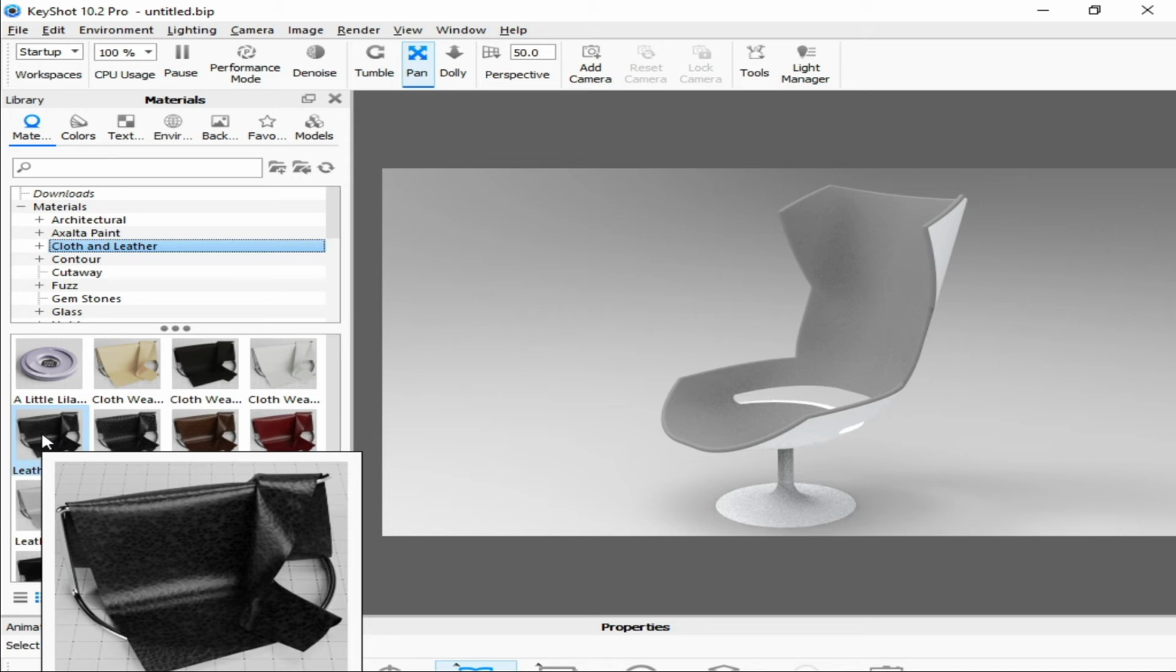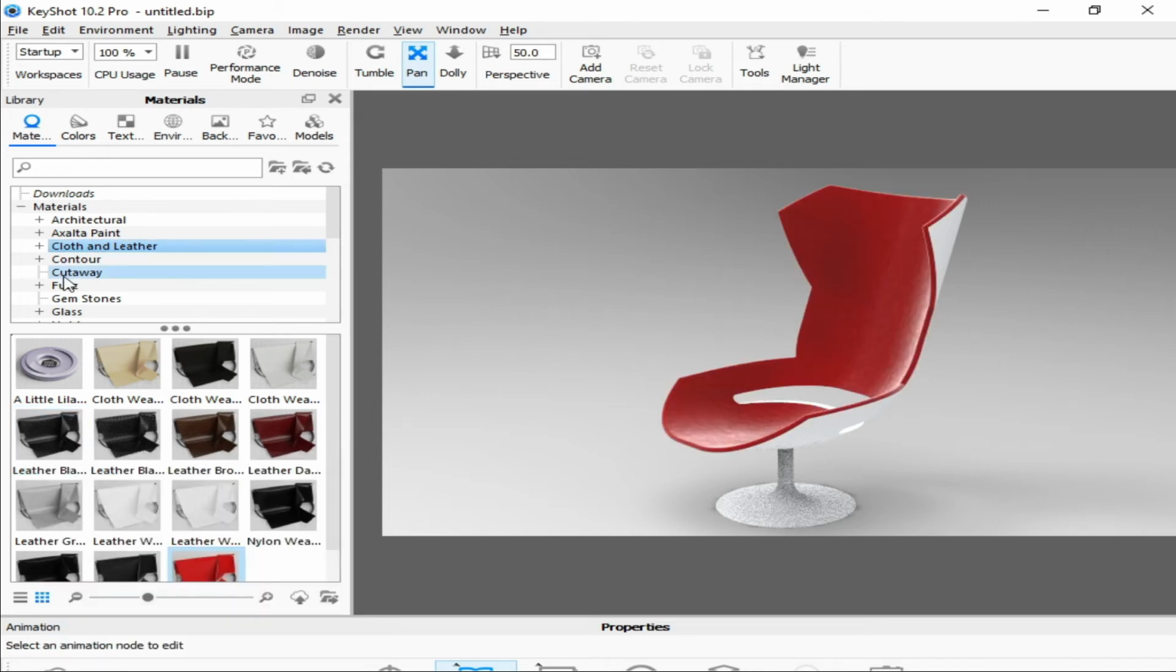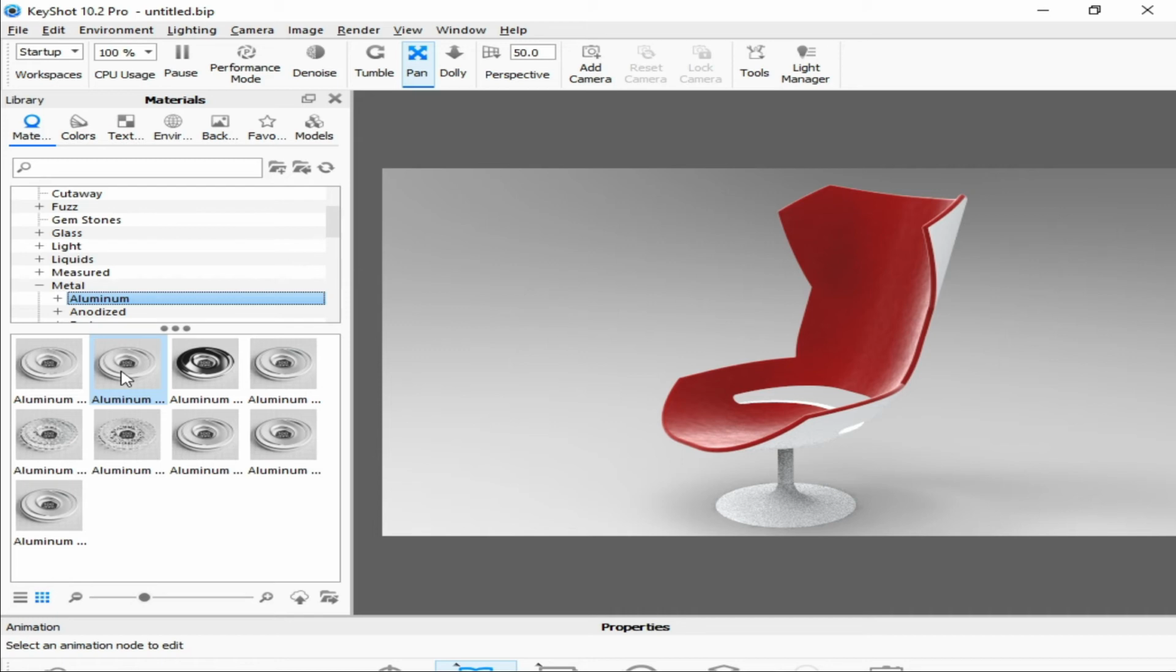Now you have to apply aluminium on the back and the lower portion. You simply go to the materials and check for metals, and you will click on the aluminium, and you can see these all are aluminium. This is the shiny aluminium. You can also check it. When you click this, you can see this is looking pretty cool,